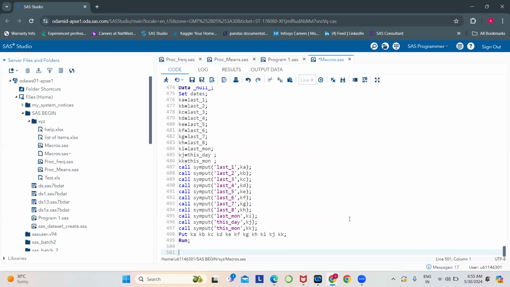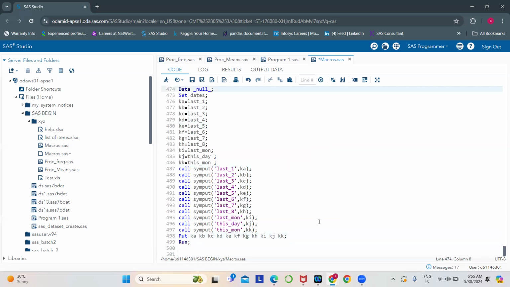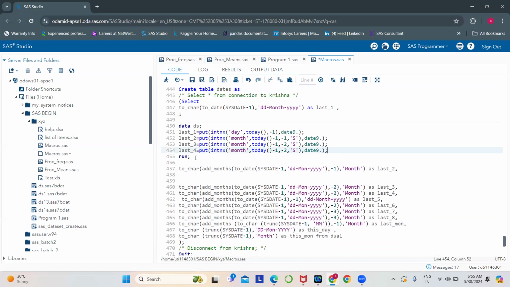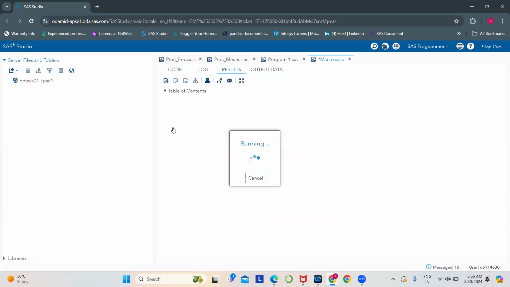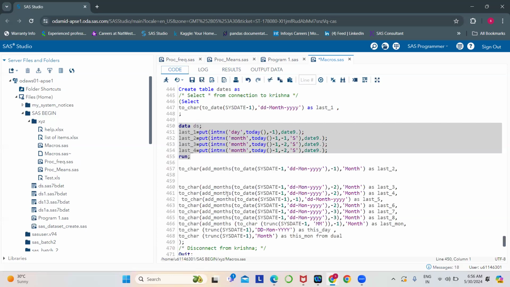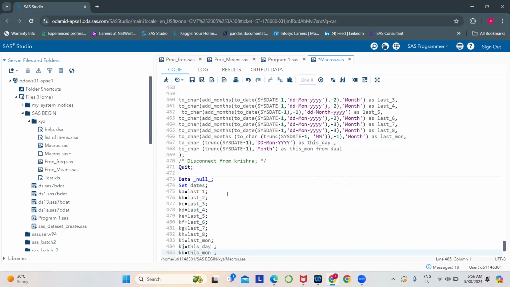So I mean, just to give an example, let's create this, ma'am. And last one, last 4. So we got these 4 dates, right? And now I'm assigning this one to